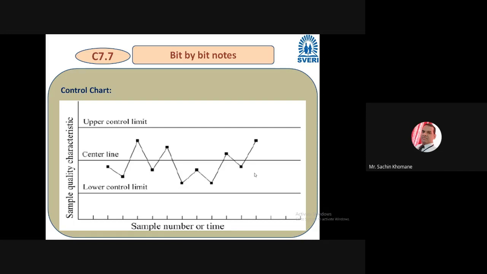If that point goes above the upper limit, then you have to understand there is a problem, so that sample, that product should not be used because it is beyond the limit. So this is the significance. Friends, try to understand, in industry this chart is very, very important to continuously monitor your process. Continuously means the operator just has to observe the screen and check whether the graph is going above the upper limit, going below the lower limit, or is about the center line. I hope I explained this to you.